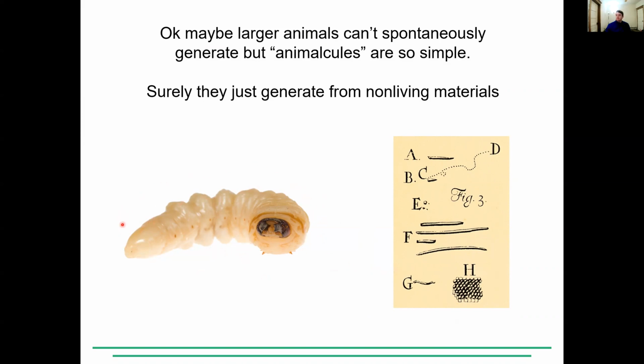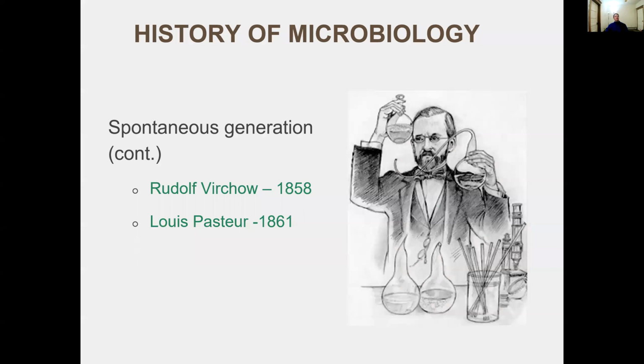So they essentially said, this couldn't just spontaneously generate, but surely these little small organisms, or animalcules as they were known, can just pop into existence. And so spontaneous generation was accepted for another 200 years,